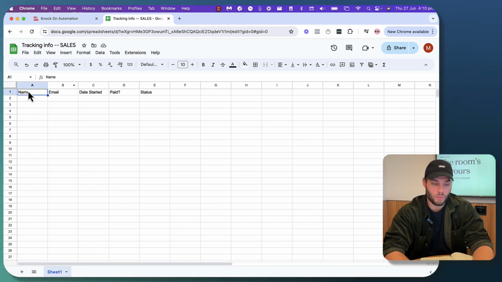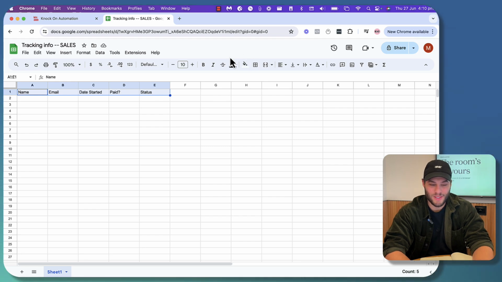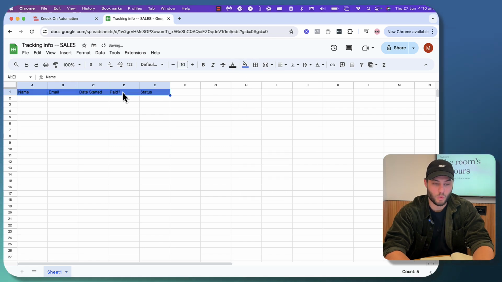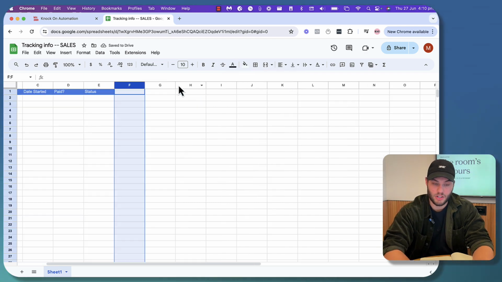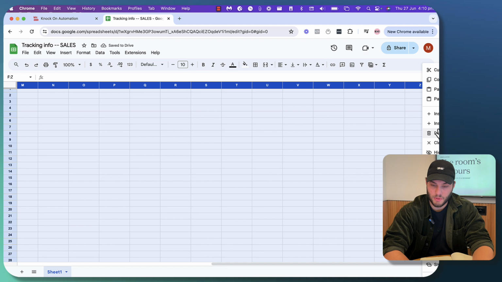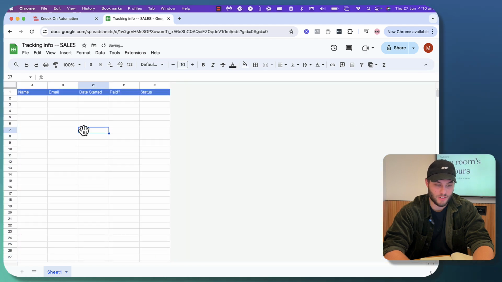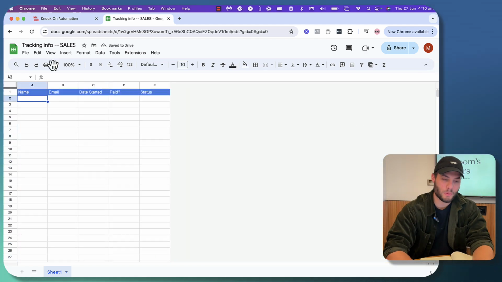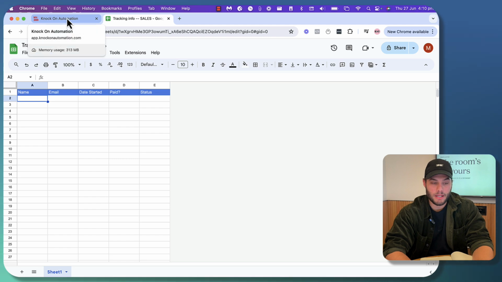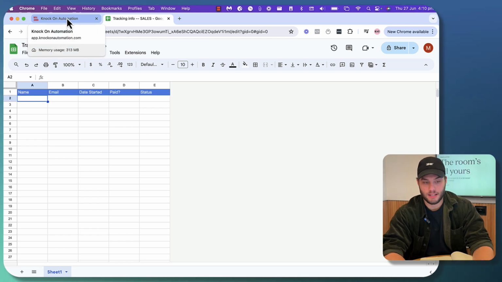With these fields, you can customize them to what is specific for your business. However, this one is pretty common for businesses to want to track. Whenever I do a spreadsheet, I have a force of habit of cleaning it up, so it's really simple. But what we need to do is start populating this information